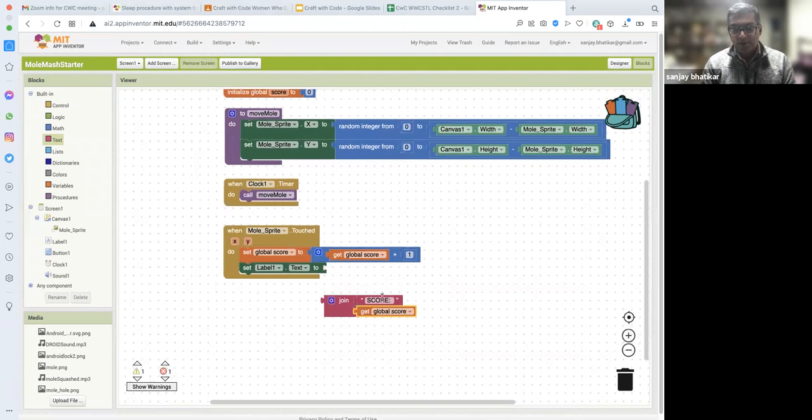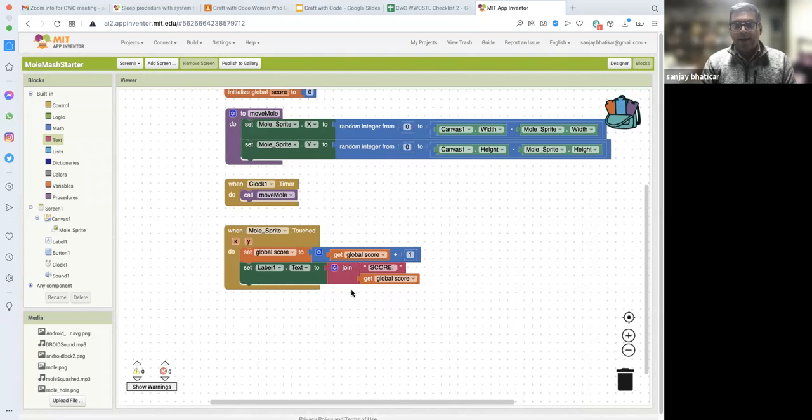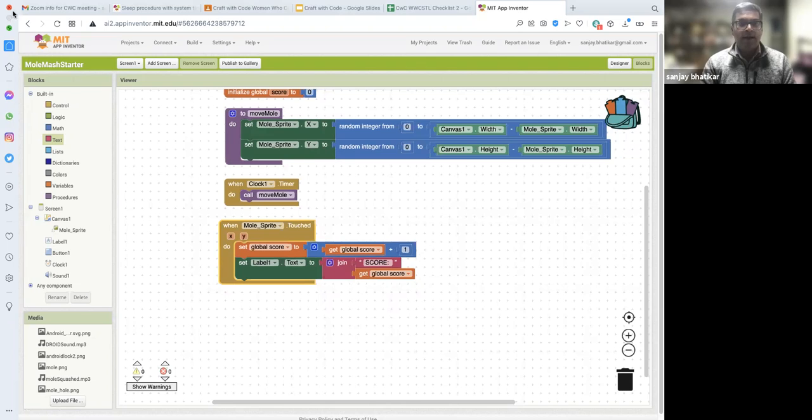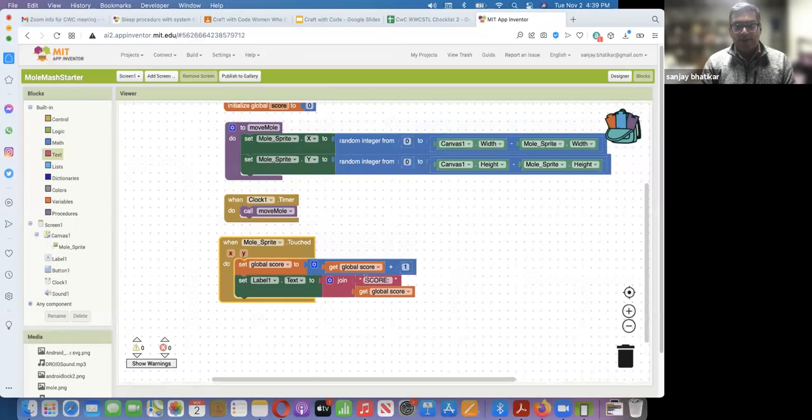Okay, what this is going to do is it's going to take this constant score, space, and then show the current score right next to it. The nice thing about text is when you give a text block numbers, even though numbers are strictly speaking not text, it will auto convert the number to text, and vice versa also for the most part. So that should now give me